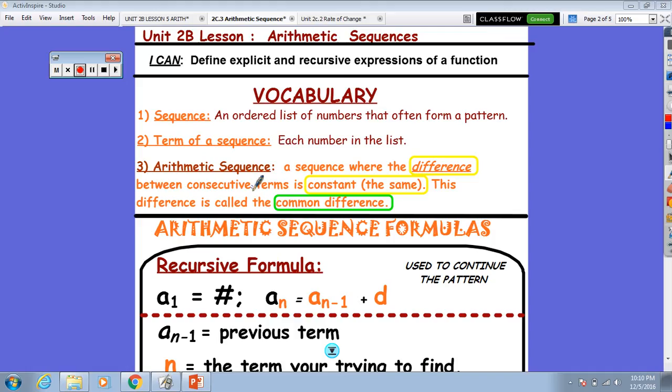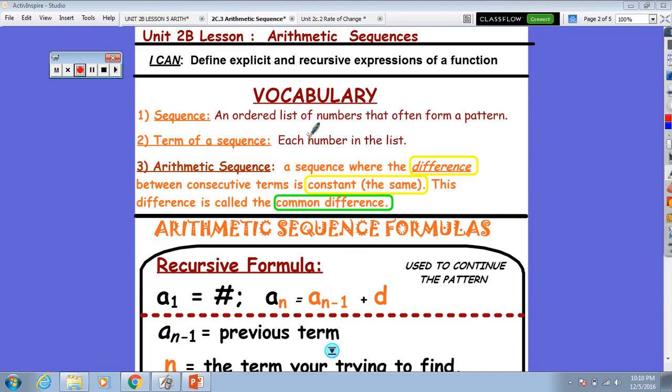Alright, so good morning. This is the last new topic that you're going to learn for your CDA. I would say the last 6 questions of your CDA deal with arithmetic sequences. So the word sequence, the first of your vocabulary on your notes, is simply an ordered list of numbers that